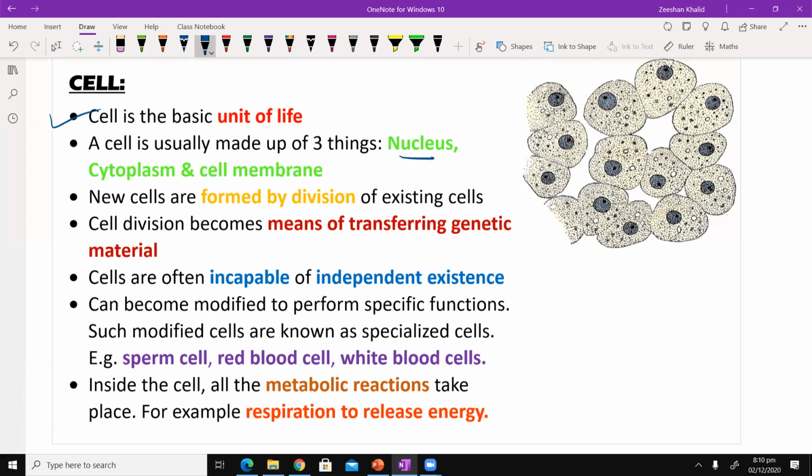And usually the cell is made up of the following 3 things. It has the nucleus, as you can clearly see in this diagram. I'm not going into the functions at the moment, we're just trying to identify. And then you have the cytoplasm, which of course we know is this thing. And then you have the cell membrane, which is of course the outer boundary. So primarily, these are the 3 basic things that any typical cell will have: the nucleus, the cytoplasm, and the cell membrane.